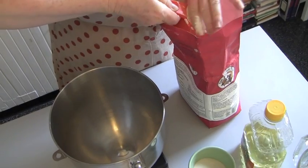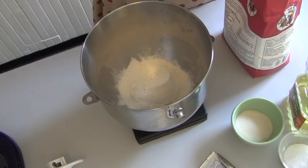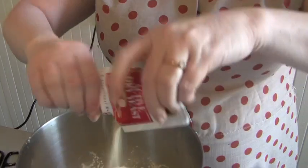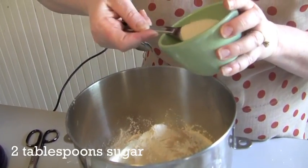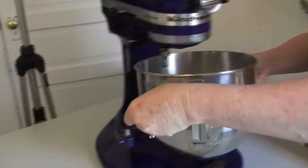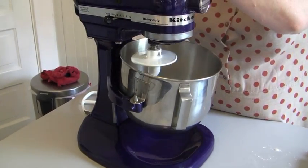First thing that you are going to need is about 6 cups, or if you have a handy scale at home, 1 pound, 13 ounces of all-purpose flour. You'll also need 1 packet, about 2½ teaspoons of active dry yeast, 2 tablespoons of sugar, 1 tablespoon of kosher salt. Mix all of those dry ingredients together in the body of your stand mixer or in your food processor,